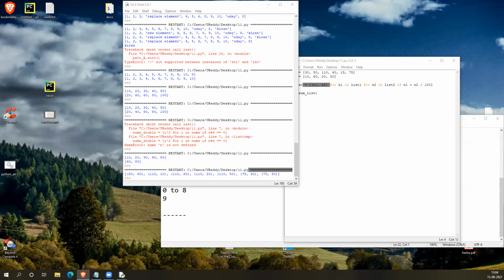So what is this tuple actually? A tuple is also similar to a list, but in a list you can change the elements later by using the assignment statement, right? But a tuple is a read-only one. While you are creating a tuple, at that time you can set the values, but later you cannot change them.